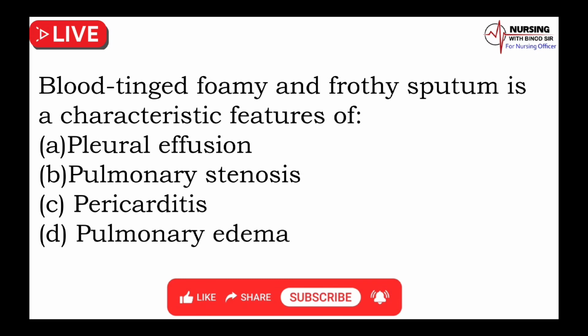Blood-tinged, foamy and frothy sputum is a characteristic feature of A. Pleural effusion. B. Pulmonary stenosis. C. Pericarditis. D. Pulmonary edema. The correct answer is D option. Explanation: Blood-tinged, foamy, and frothy sputum is a hallmark characteristic of pulmonary edema. This occurs because fluid leaks into the alveoli and mixes with air, creating the frothy appearance. The pink or blood-tinged color results from capillary damage or increased pressure in the pulmonary vessels, causing blood to leak